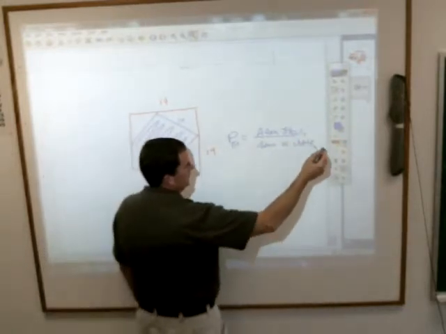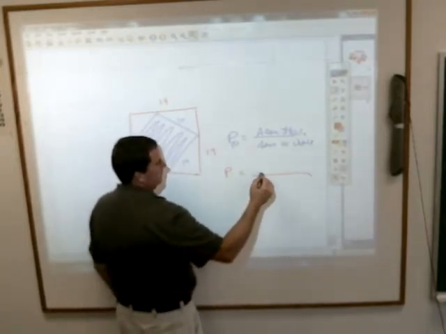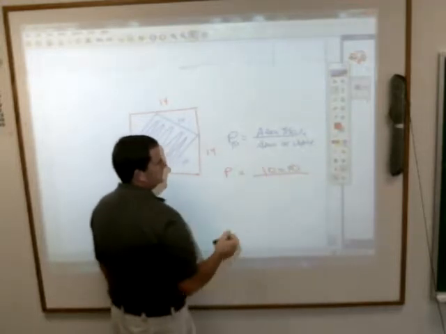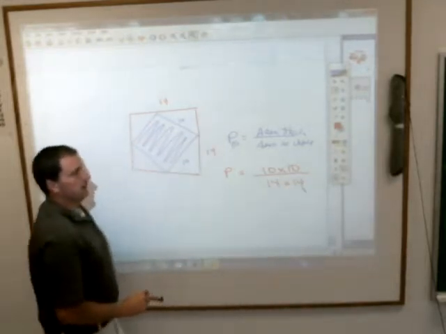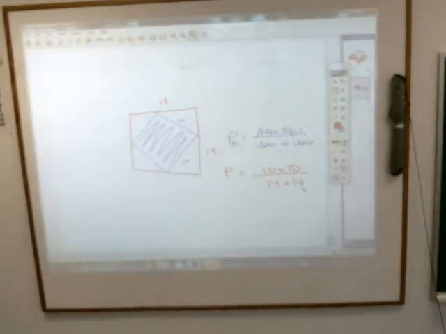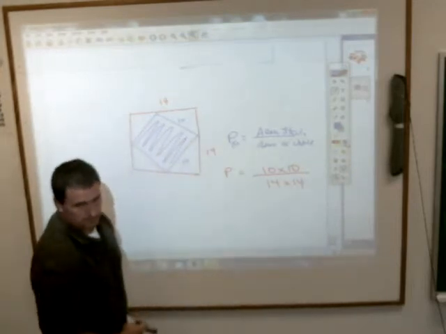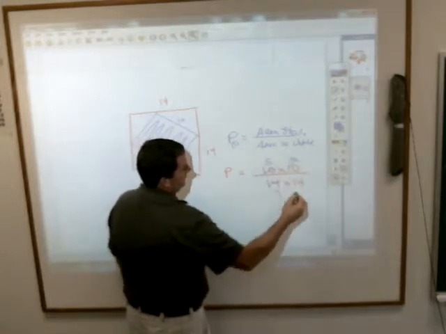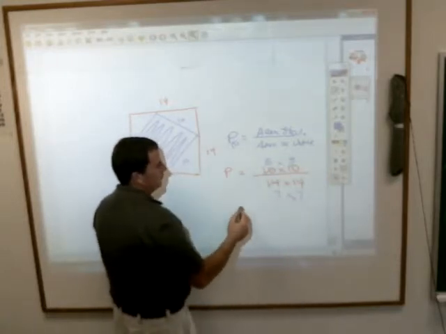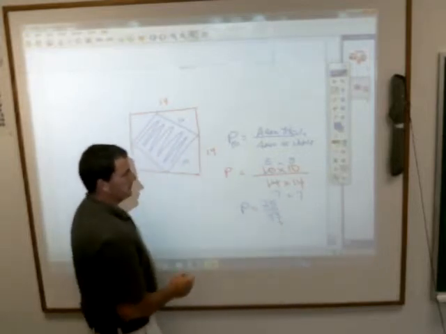And there again, you just write down the area of a square. The shaded square is going to be 10 by 10, correct? Area of the whole one is 14 by 14. And again, rather than sitting there doing the multiplication and the division, look and see what you can cross cancel first, which is what, Jackson? Divide by 2. Cut them both in half. This is 5 over 7, and that is 5 over 7, giving you a result of 25 over 49,